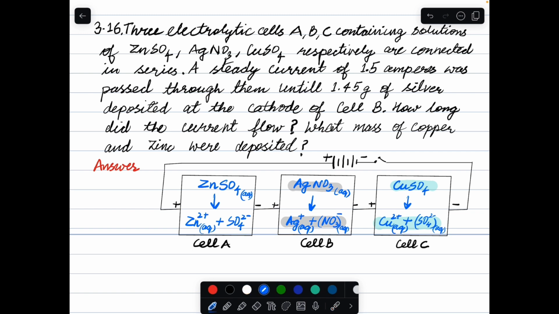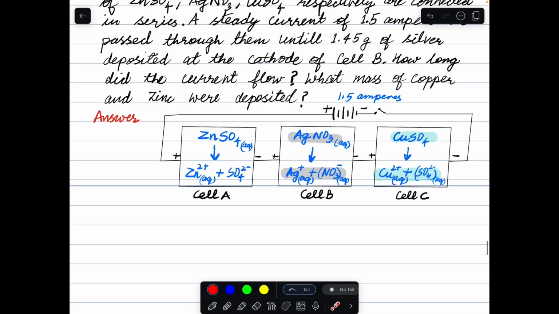So how much current are we passing? We are passing 1.5 ampere of current with the help of this battery. And what they are saying is that the current is being passed for a specific period of time until 1.45 gram of silver is deposited at the cathode of cell B. So how much silver is deposited? Silver